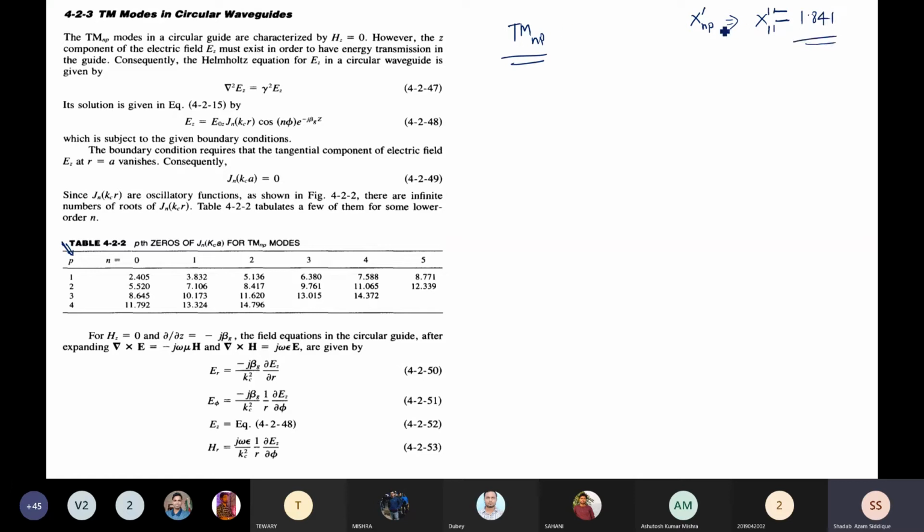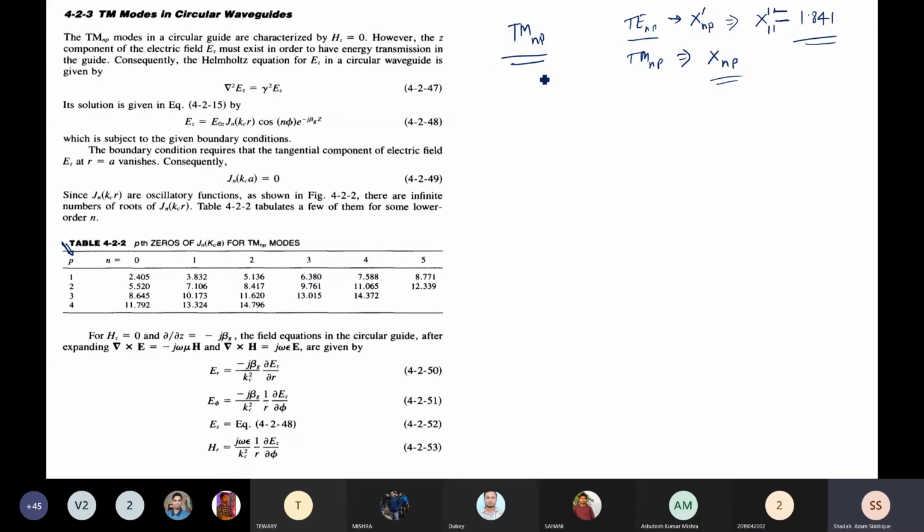That is fixed. Okay, so this is for the TE mode, which we use TEnp. And if you talk about the TMnp mode, you will get to know that we use Xnp, not X dash np. So we have a different table, the Xnp table, and we will use this table. Now we will see how we will proceed up to this point.